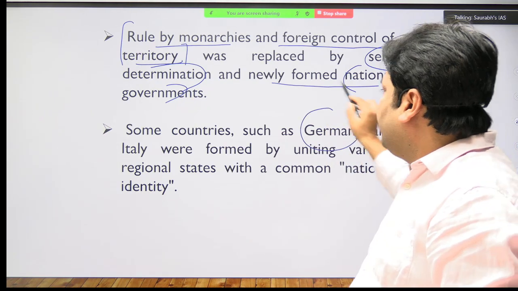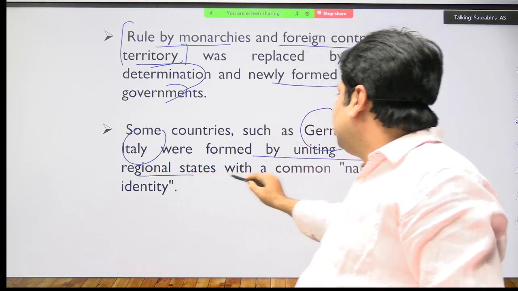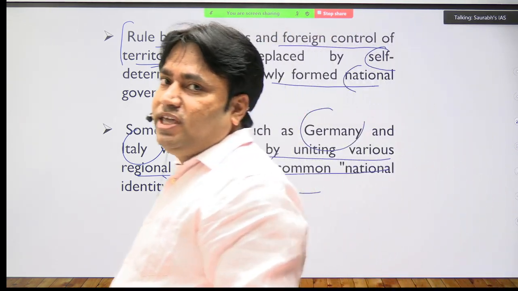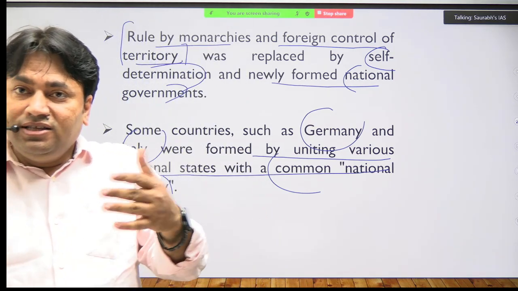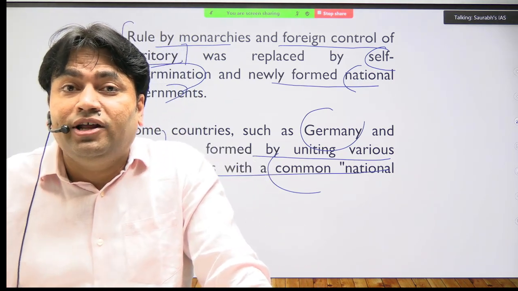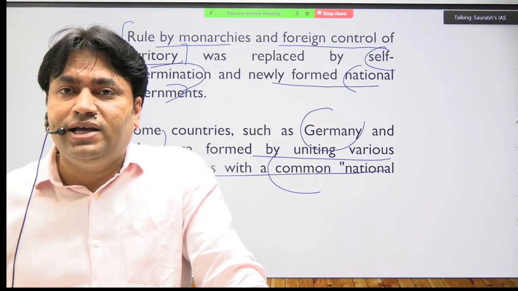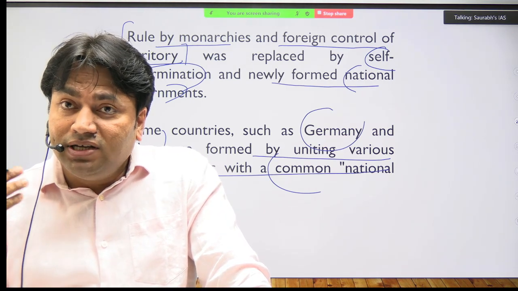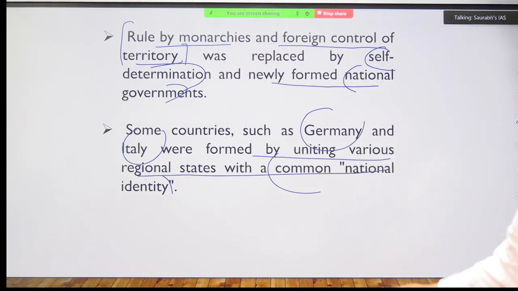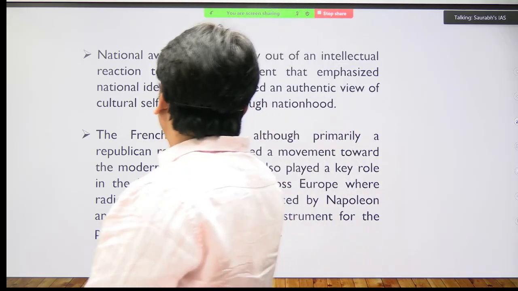Some countries like Germany, some countries like Italy are formed by uniting various regional states with a common national identity. जैसे इंडिया में भी क्या था? ब्रिटिश 18th सेंचुरी को क्या मानते थे? डार्क एजेस। ब्रिटिश were considering that India is not a nation. इंडिया इज सम ऑफ जोग्राफिकल टेरिटरीज, केवल जोग्राफिकल टेरिटरीज है। द सेम हियर वाज कंसीडर्ड अबाउट इटली, दैट इटली इज मेयर जोग्राफिकल एक्सप्रेशन ऑफ द टेरिटरीज। इटली के बारे में भी यही कहा जाता।